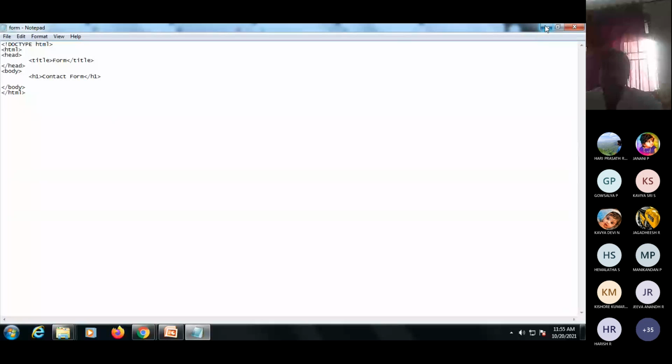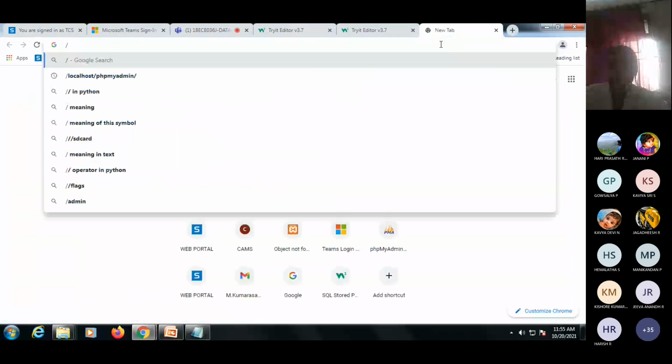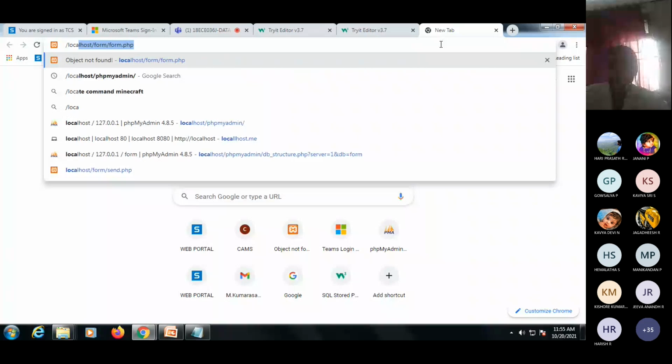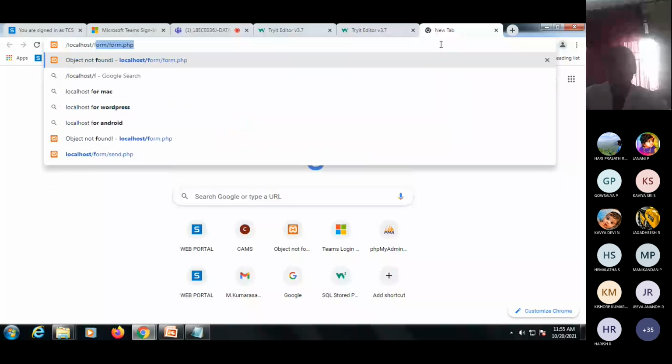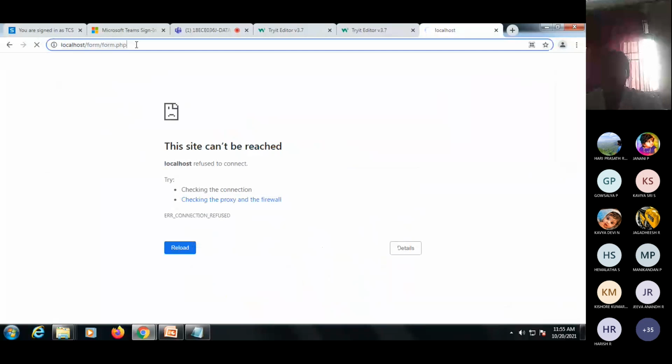Then I save this with Control S. Then I open Google and choose localhost, then slash form. The form folder is already there, and form.php is there. So I give enter here, and it will access that Notepad file.